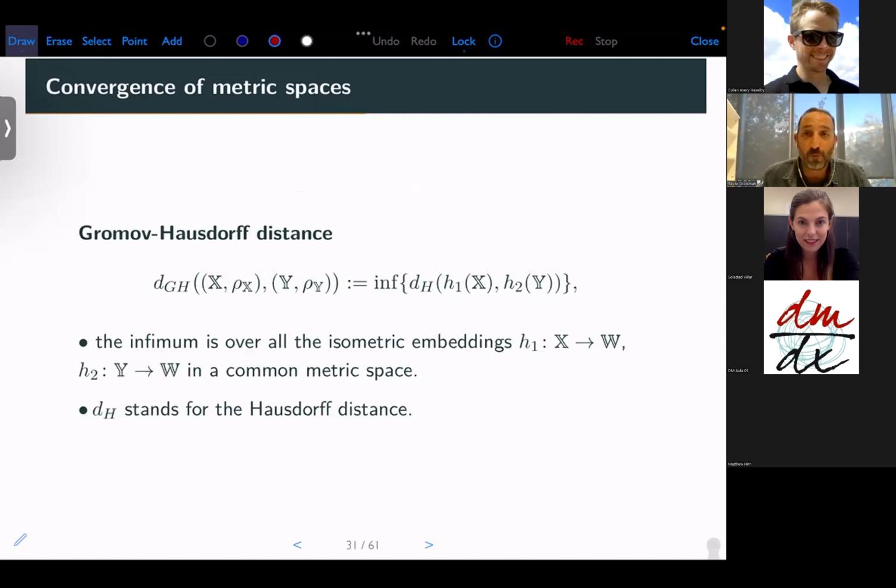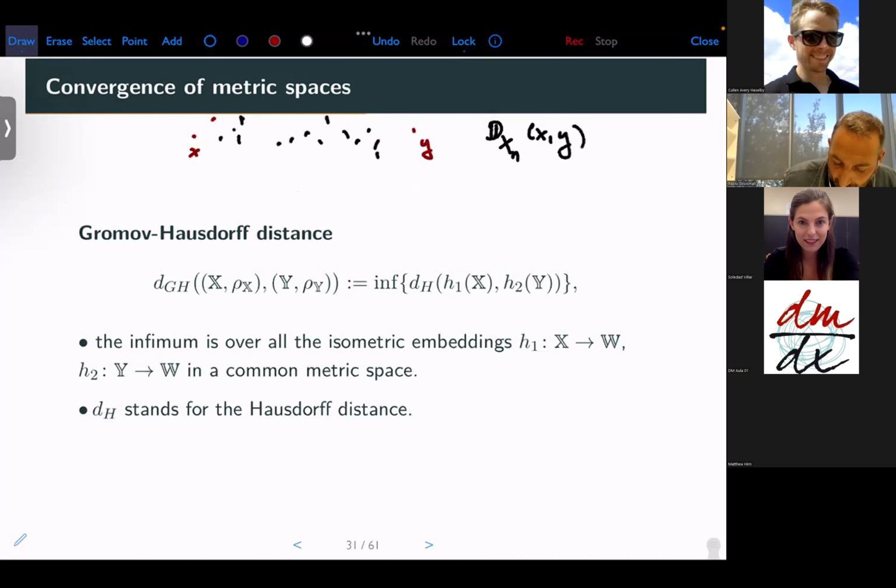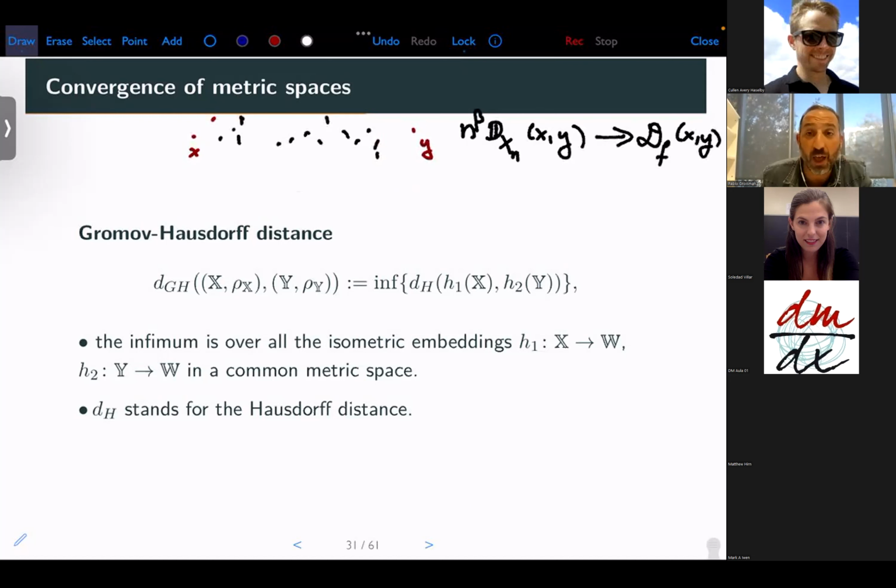So one possible option is that, okay, we fix 2 points, x, y. We have the data. We compute the empirical Fermat distance, we call it D_{X_n}(x, y). Maybe we need some kind of normalization, we'll see. In fact, we need some kind of normalization, we are calling it n to the beta. And we can try to say, okay, this converges to what we call the population Fermat distance for each pair of points. That's good, and we get a theorem with that flavor, but that's not enough if we want to understand